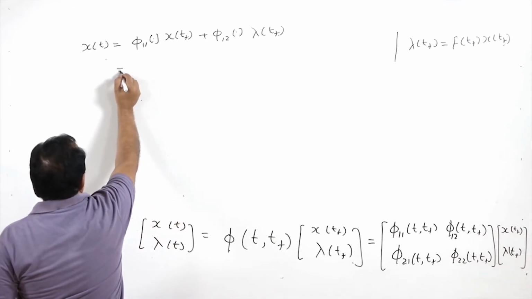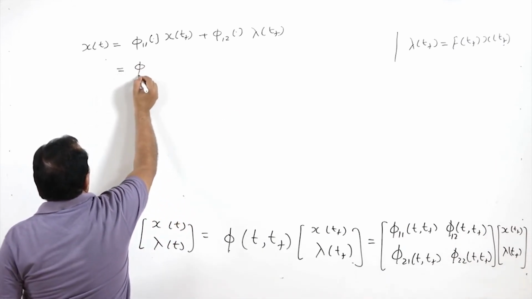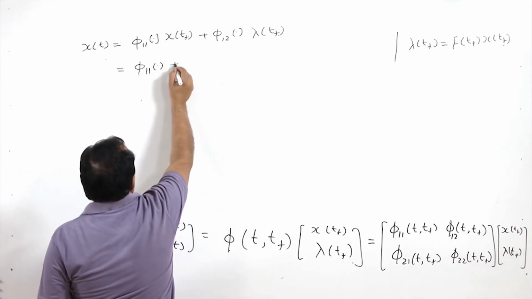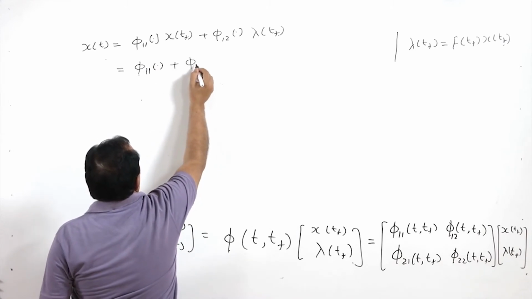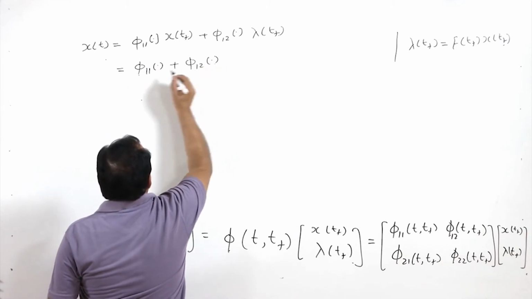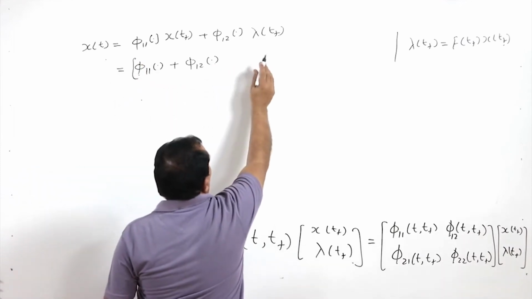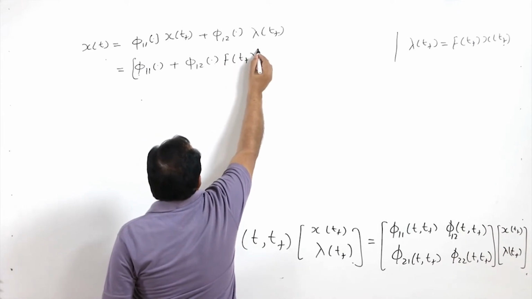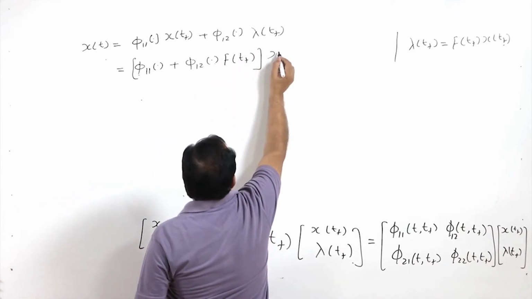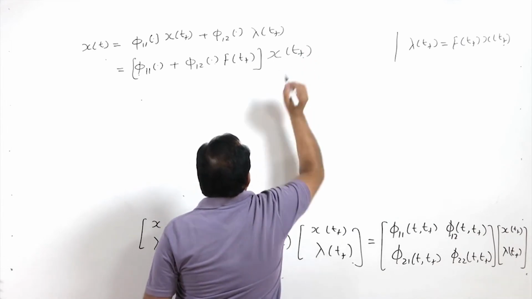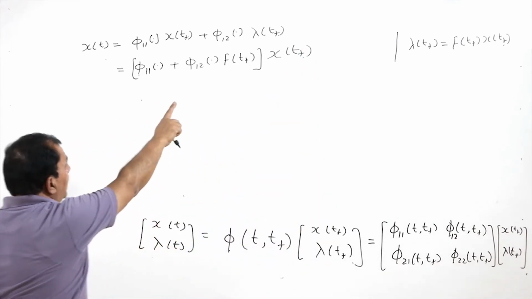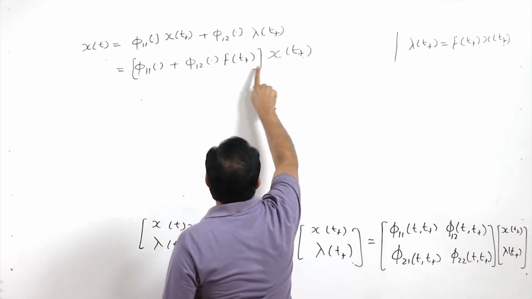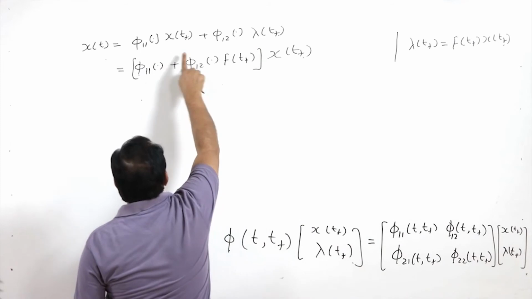So, I can write phi 11 plus phi 12 f of t_f, and x of t_f I am writing outside. So, by replacing lambda(t_f) by f of t_f x of t_f, substituting here, I can write